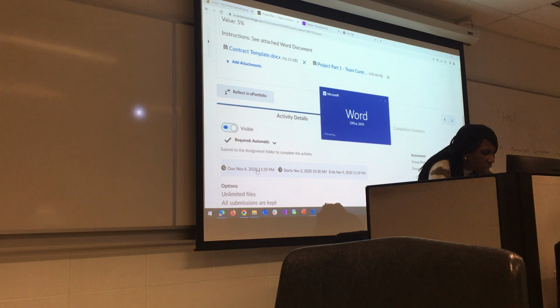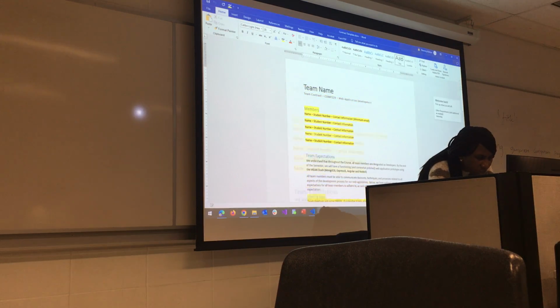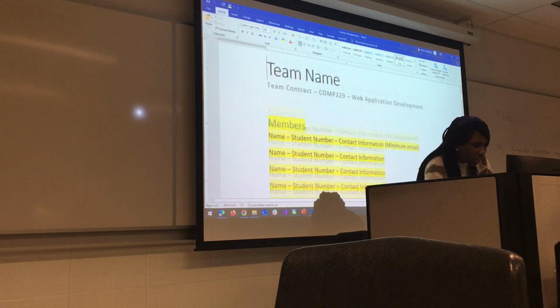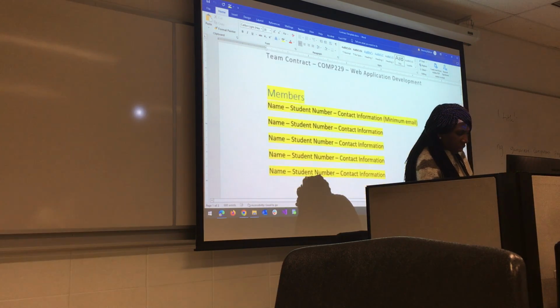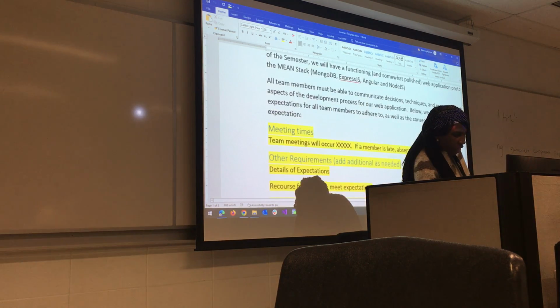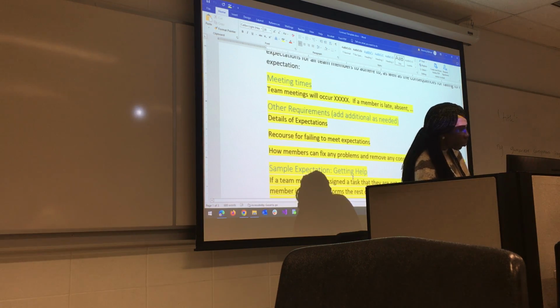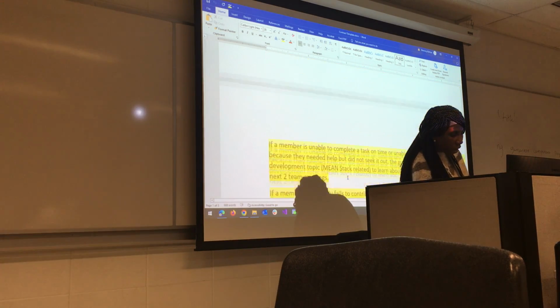If you open the contract template, so what will it contain? We are going to submit this document. Contract template, the name of your team members, their contact information, the expectation when you have decided to always meet. So you need to fill up all these requirements.